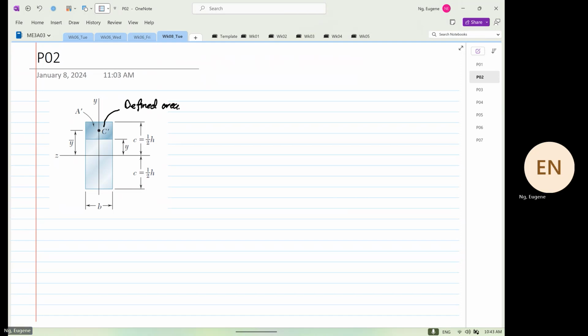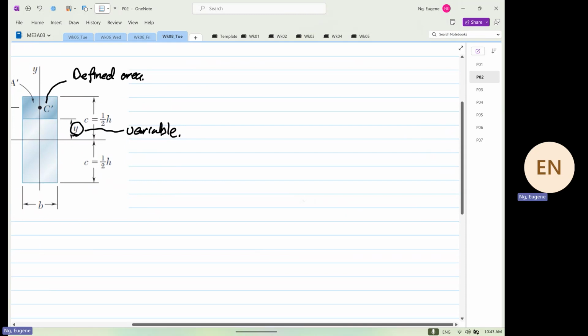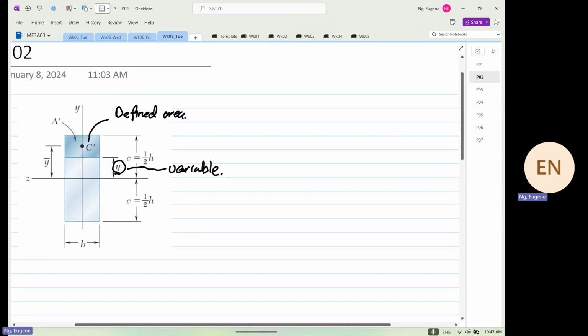The y you see over here is your variable. So the y can either slide up or slide down. So the first moment of area Q,